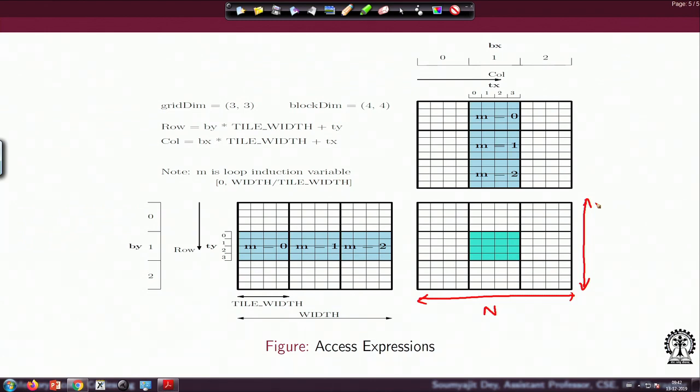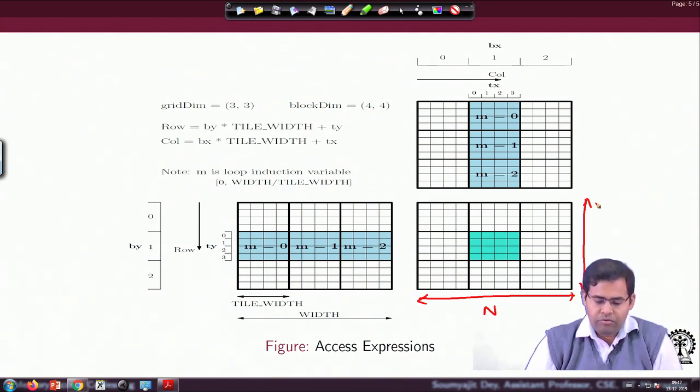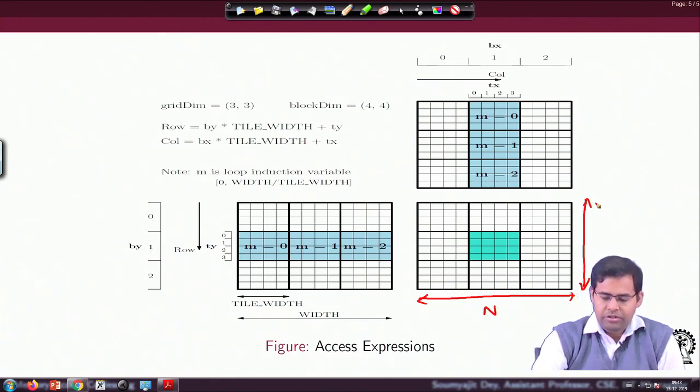So, as we have discussed, I will define something called a tile, which is essentially equal to the block size. In two dimensions I will decide the size of the tile based on the size of the shared memory, and we will soon see how that can be done. For now, let us consider that the tile size is the block size, and this is an example picture.